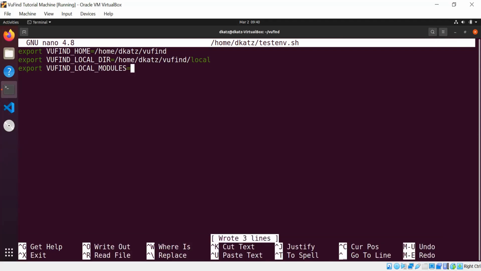local test environment. Now, if I were setting up a test machine that only had this test environment in it, I could link this file into profile.d and then just have these environment variables set globally by default, and I'd never have to think about them again. But if I'm in a situation where I have multiple VuFind instances on the same machine, I find that it's useful to have a different shell script for each environment so that when I want to work with one, I can source the appropriate script to get my environment set correctly, and then it will work right for what I'm